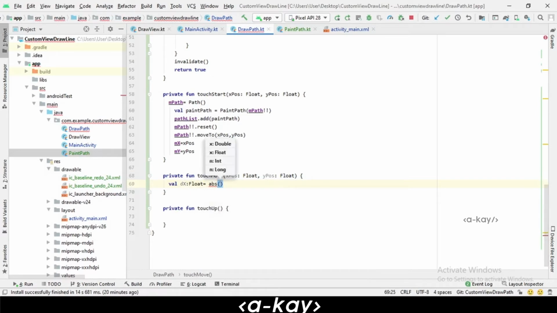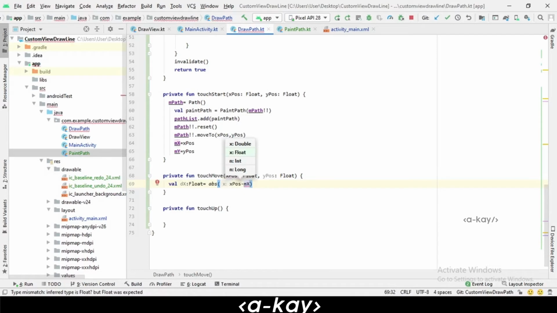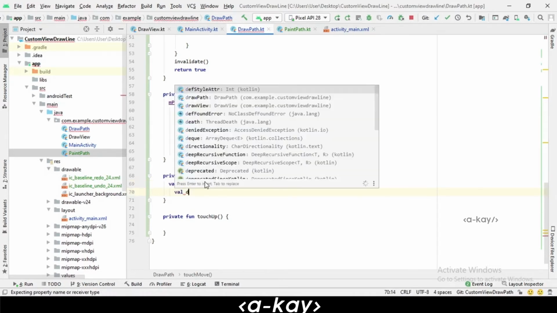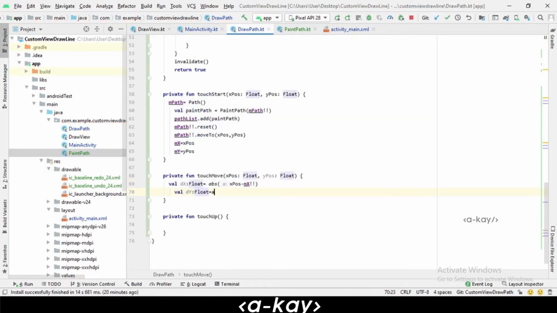What I already said, this x position minus mx, because we have to define the in-between path here. Making val dy of float equal to abs